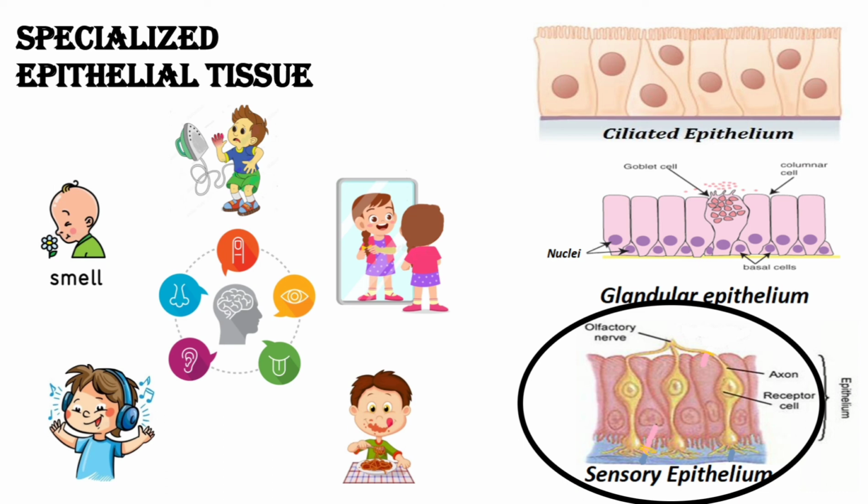So these sensory epithelium or the sensory cells tell us about the environment as they are in contact with the neurons, the messengers. And what is a neuron? That we will study in the nervous system. In short, the neurons are the messengers that carry the information from your skin to the brain. So that was all about the epithelial tissue. Now in the next part, we'll be learning about the connective tissue.